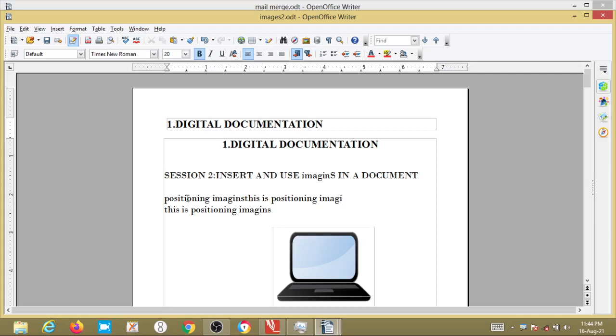You can set it by dragging the indents from the ruler or by using the Format menu, adjusting the indent setting from the paragraph dialog box. You can increase or decrease the indent.